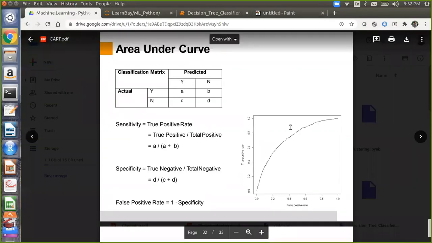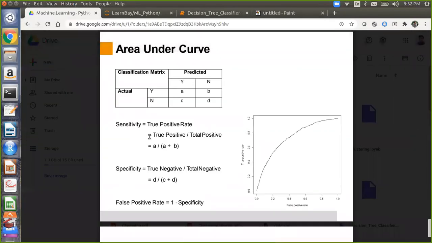So this is a graphical representation. If you want to see the number, for example how much of the ones have been predicted correctly, 80%, 90%, then sensitivity, recall or true positive rate gives you that via this formula. These formulas are directly implemented in your decision tree in one shot, where you can get these values in one go.